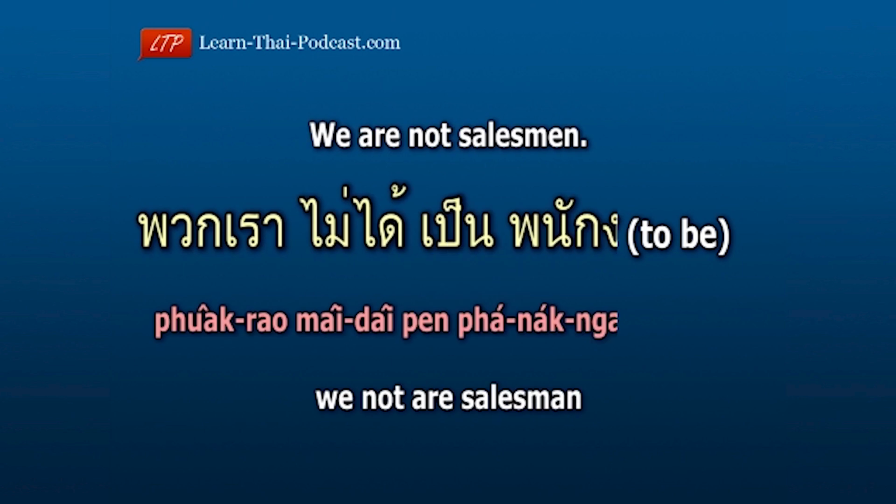For example, we are not salesmen. พวกเราไม่ได้เป็นพนักงานขาย We พวกเรา not ไม่ได้ are เป็น salesmen พนักงานขาย. We not are salesmen. พวกเราไม่ได้เป็นพนักงานขาย